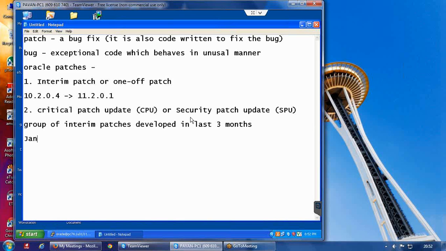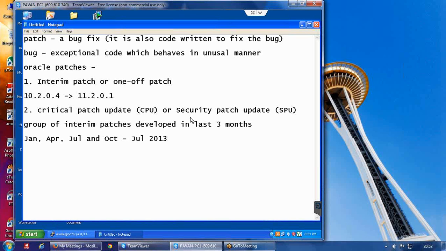For example, in January, April, July and October, every year in these months, Oracle releases these patches, which we call CPU, critical patch update. The latest one as of now is the July 2013 patch.